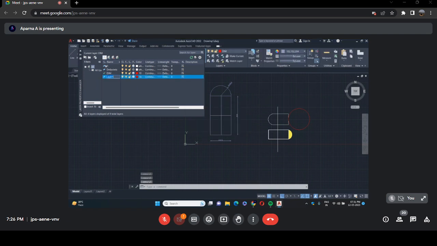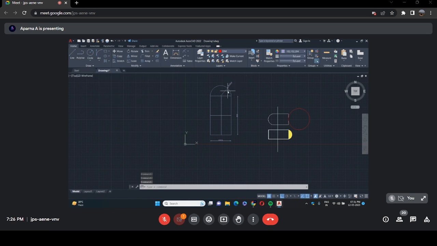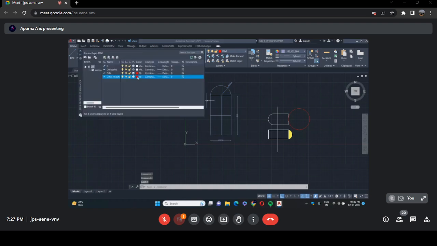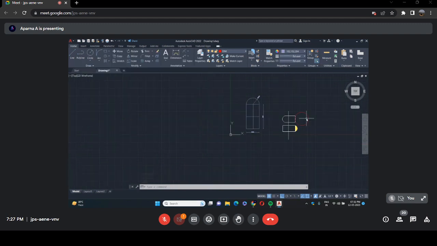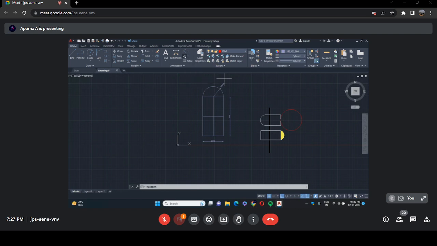Create new layer. Let's give it the name dimension, and now I can select these dimensions and change the color accordingly. Then I can use this M leader to label our things. For example,